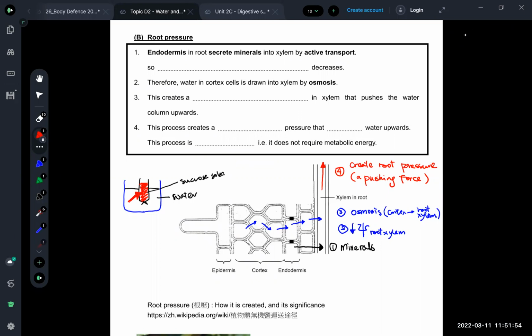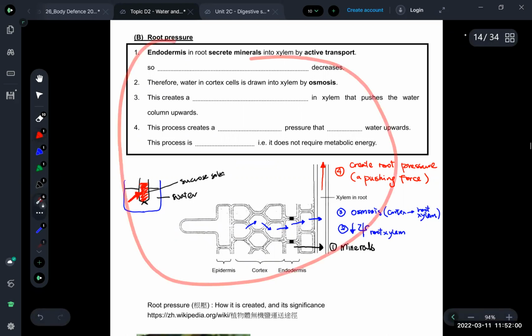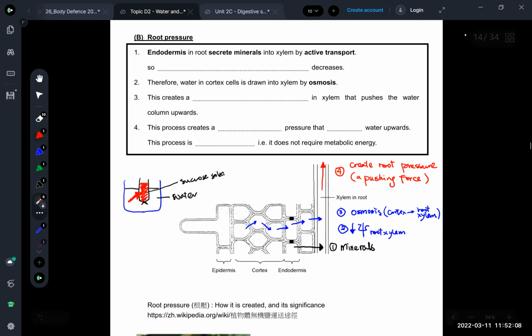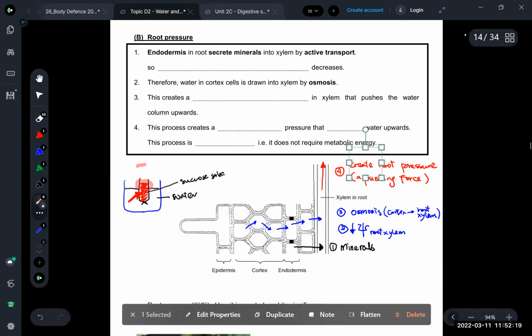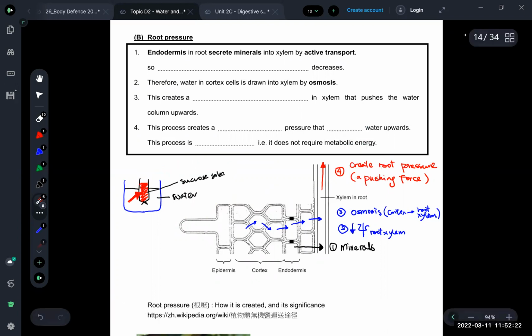Now, it's strong enough that the force exists. So that's why we need to study root pressure. This is the same as root pressure, agree? It's a pressure due to osmosis. But from the experiment we had in our lab, you can see that the force is quite weak, and it can only push the water up a little. So that's why we say this root pressure only plays an important role in very, very small plants, like